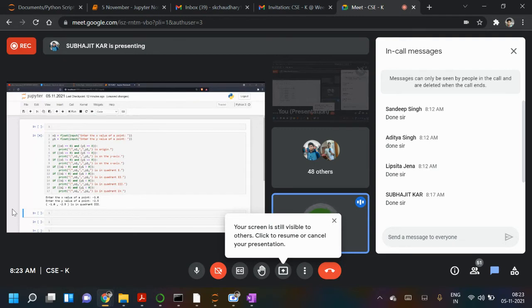Check for something like where you have written x zero, y not zero. So this is on the y-axis. Yes, this is fine. Thank you, Subhajit. Thank you, sir.